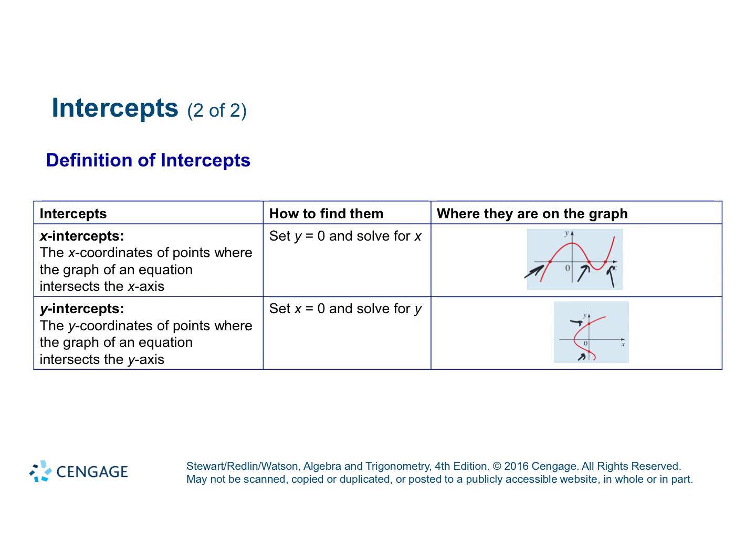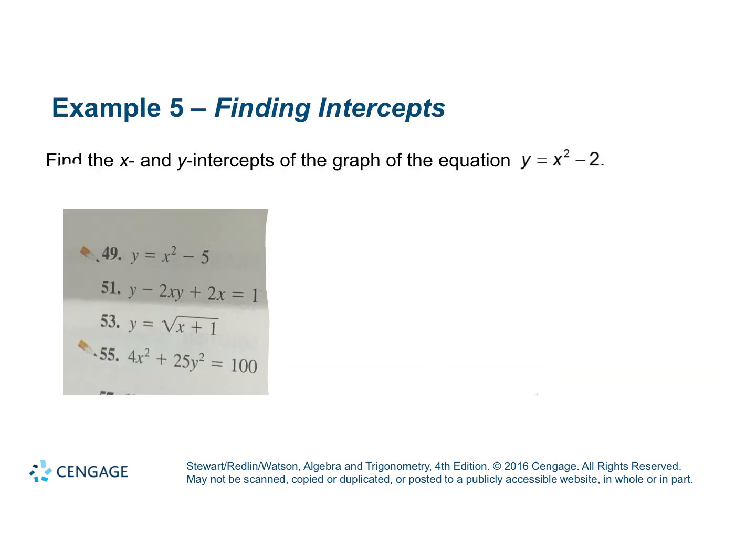The y-intercept is the y-coordinate of the point where the graph of the equation intersects the y-axis. So you set x equal to 0 and solve for y, exactly what we did in the other intercept slide. So to find the x- and y-intercepts for y equals x squared minus 2, the first thing I'm going to do is find the